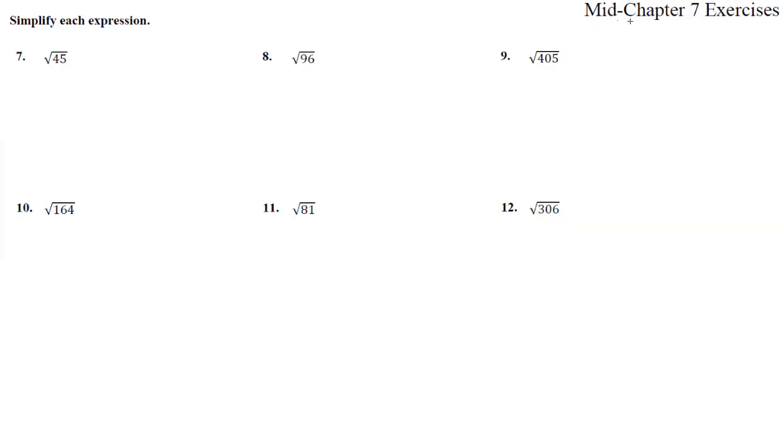Here we are in mid-chapter 7 exercises, numbers 7 through 12. It says to simplify each expression. Here we have square roots everywhere. And to simplify a square root means you actually take the square root of any number that is a perfect